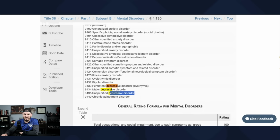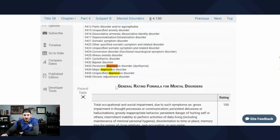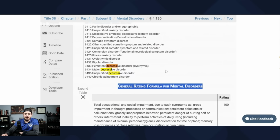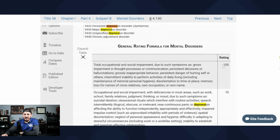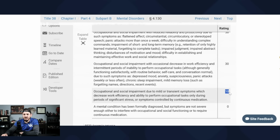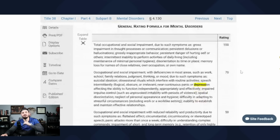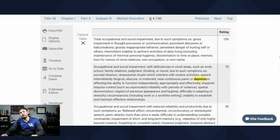Most veterans I see are in these 2, but it doesn't matter. You can have every single one of these or just one. You're going to be rated one rating under the general rating formula for mental disorders. And you can see here 100%, 70, 50, 30, 10, and 0. Yes, there are mental health changes on the way that will come at some point. But if you look at where depression is at on the rating scale, you'll see it's specifically listed in the